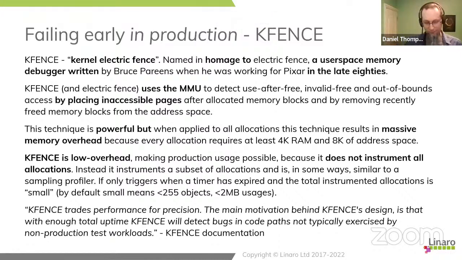It basically has a timer. It will allocate as normal until the timer expires. And then if there is enough space available, it will make the next allocation into an instrumented allocation. And the idea is that if you run enough systems with the same kernel and there was a bug in it related to memory management, it's not that you can guarantee to reproduce it on any specific system, but through the collection of OOPS traces and everything else from your fleet of machines, you would still get evidence that you've got mistakes.